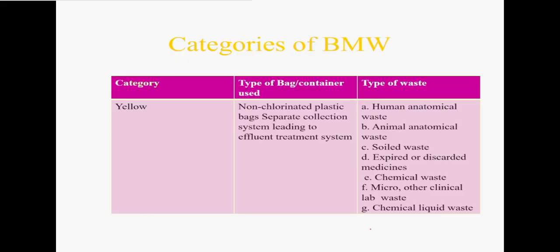हमारे पास जनरली येलो कलर कंटेनर्स होते हैं, कैटेगरीज डिवाइड हैं। सो येलो कलर होता है, व्हाइट कलर होता है दैट इज ट्रांसपेरेंट, यू कैन सी ब्लू कलर होता है, एंड रेड कलर होता है, ब्लैक कलर होता है, एंड ग्रीन कलर होता है जो हम अपनी ऑर्गेनिक चीजों के लिए यूज करते हैं। सो फर्स्ट ऑफ ऑल वी टॉक अबाउट येलो।